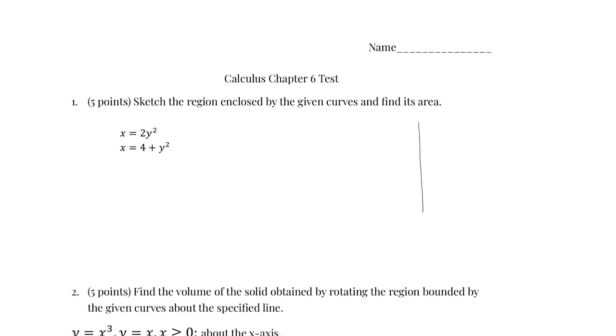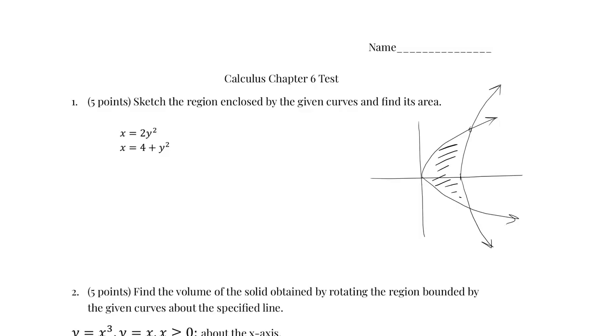So to do a quick sketch, I'm just going to draw my axes. So x equals 2y squared. That's going to be a parabola that faces sideways here. And then x equals 4 plus y squared. So that's going to be shifted over, say 4 units, and it's going to be a wider parabola. Looks a little bit like this. Okay, so where those connect, that's our region